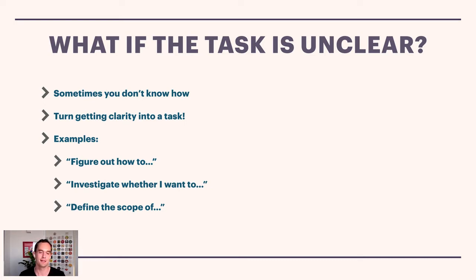Thank you. Other examples of tasks that you might have when something is unclear is like, investigate whether I want to... For example, I'm currently investigating whether I want to go surfing in Portugal. So we've got a task that's investigate whether I want to go surfing in Portugal. Another one might be define the scope of. So again, if you've got something that you're not sure if it's a big project, small project, not a project at all, what is it? Just create a task that says define the scope of. Really actionable, really handy for you to just get started with that. And this way you can take action without just looking at that big fuzzy task that you've been procrastinating on. Just break it down into small steps.